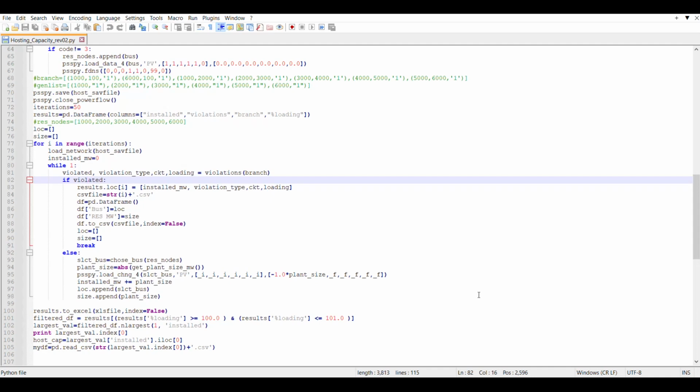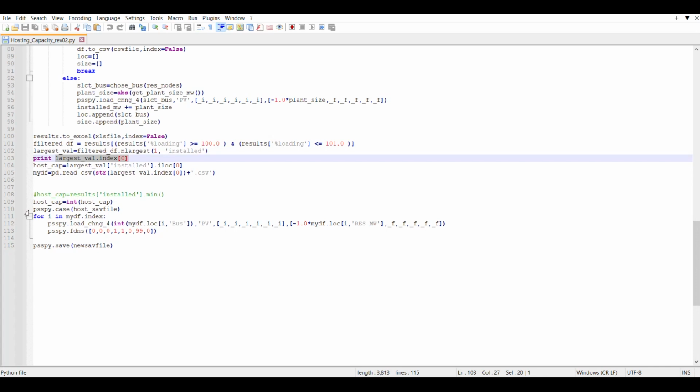And then I am going to get the CSV file of that particular instance. That's why I printed this index, because the CSV file name is exactly the same as the index. So what I'm doing is reading that particular index CSV file,